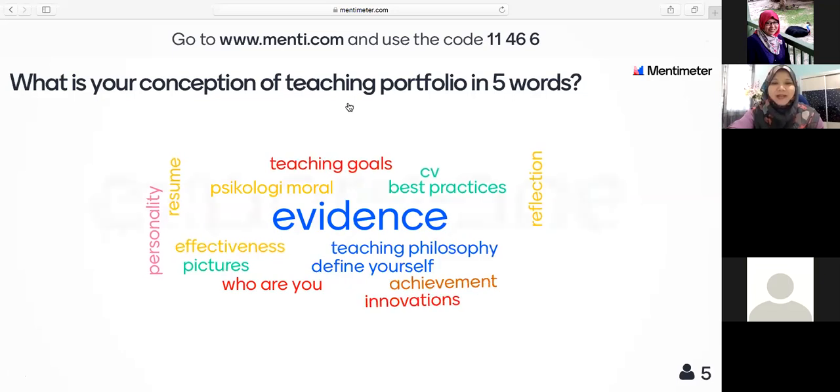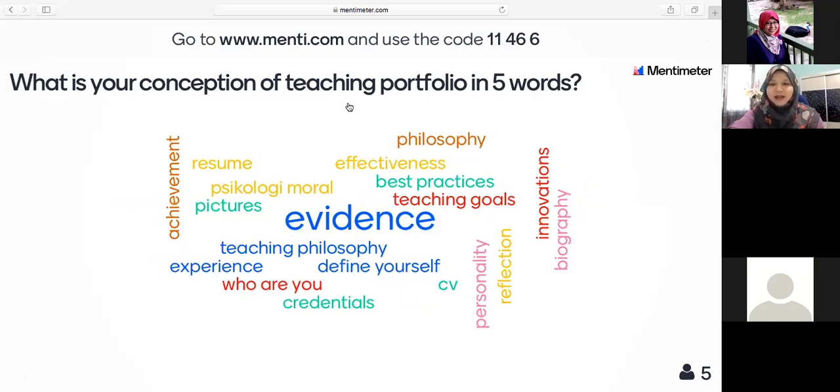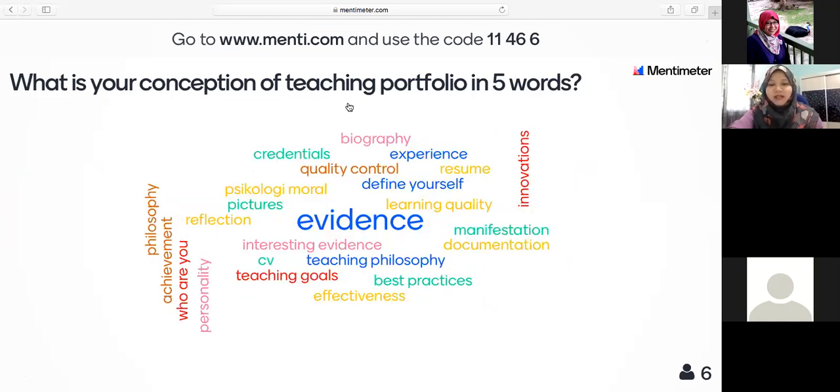Okay, so we can see that the Mentimeter keeps changing. Please provide me with five more words of what you think a teaching portfolio is all about. We have six participants joining in using Mentimeter currently. Okay, any more? Otherwise, maybe we can just talk a bit about this. Okay, so from the five participants that took part in this Mentimeter,